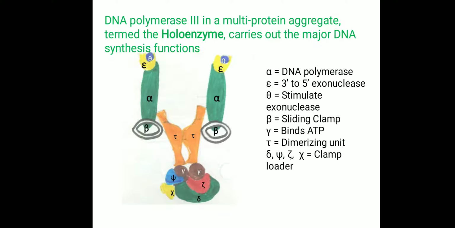Generally, DNA polymerase 3 is a multi-protein aggregate. Altogether we call it a holoenzyme. This holoenzyme complex is necessary to carry out the daughter chain elongation process made by DNA polymerase 3. Here a group of nearly 10 to 12 proteins forms the complex to perform the function of daughter chain elongation. You can see most of the proteins occur as dimers.